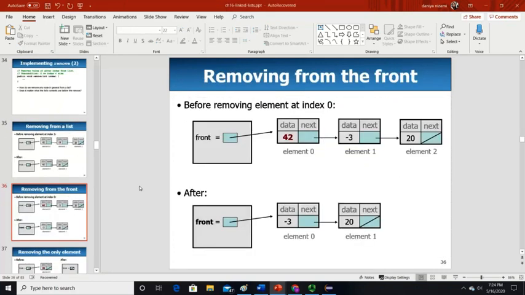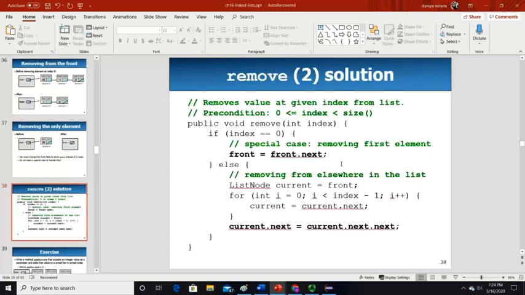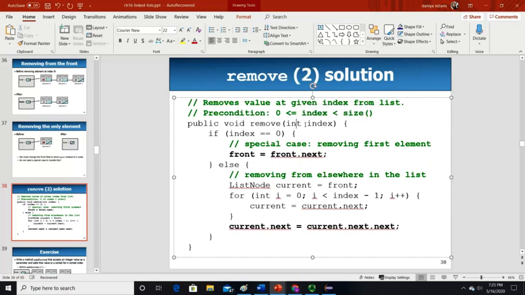Let's move to, for example, removing from a bigger list. Maybe you have to remove a middle value or last value, any value anywhere else. This is the same code, remember, but in this case it's a simple method. You're getting the index and that's it. You're just removing that value, not returning it. So if index is 0, front equals front.next, which means remove the first value. You just change the address and that value is automatically removed. You don't write special statements to remove. If that value is somewhere else, like index 1, 2, 3, whatever index they have mentioned.